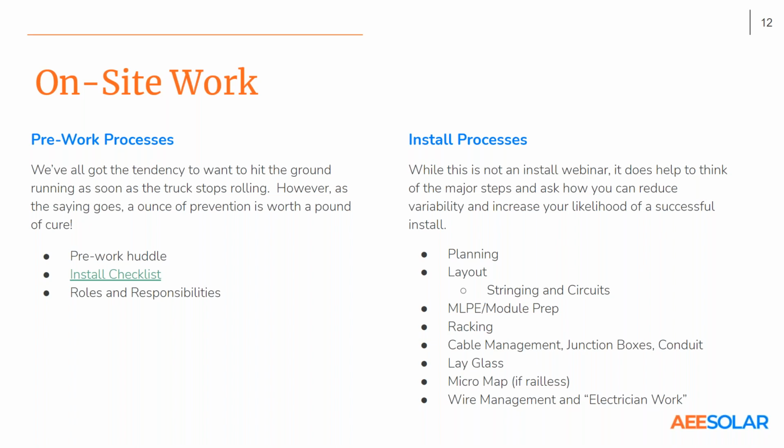So the more you can do earlier, whether it's prepping modules or prepping racking, and also another big thing is from a safety perspective. More accidents, more injuries, more heat stroke, everything, more of that happens on the roof than on the ground and then in the warehouse. So whatever work you can take off of the roof is beneficial to your business and to the health and safety of installers.